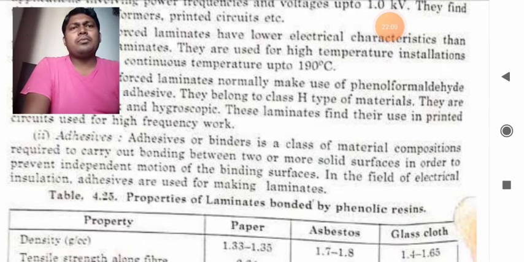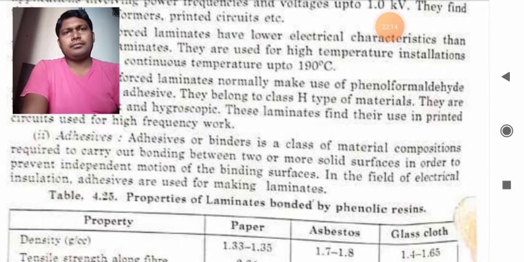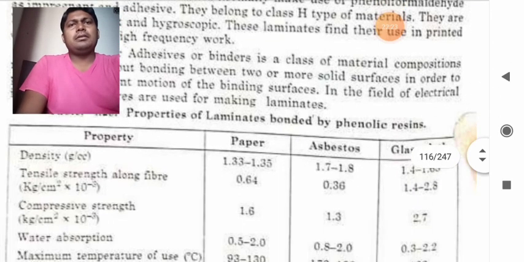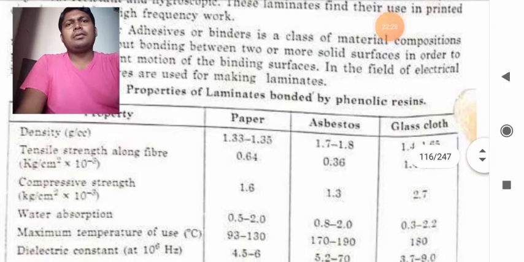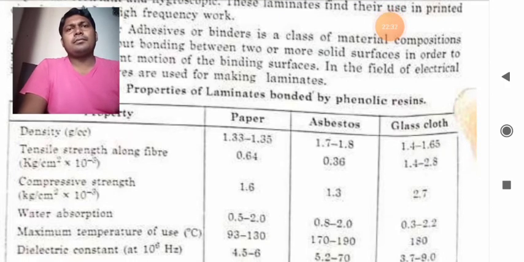Composition required to carry out bonding between two or more solid surfaces in order to prevent independent motion of the binding surface. In the field of electrical insulation, adhesives are used for making laminates. Now the property of laminates bonded by phenolic resins is shown in the table. So the property for paper, asbestos and glass cloth is given. So the density, tensile strength, compressive strength, water absorption, maximum temperature of use, dielectric constant,